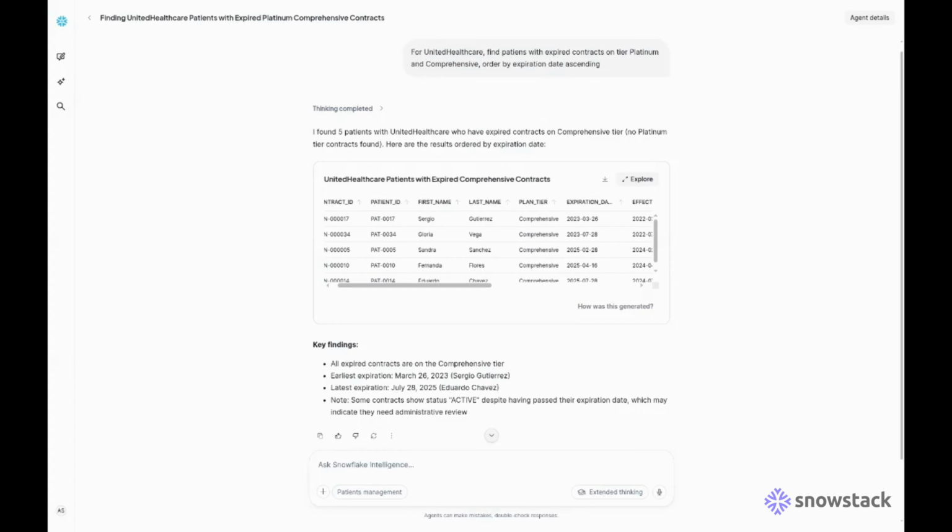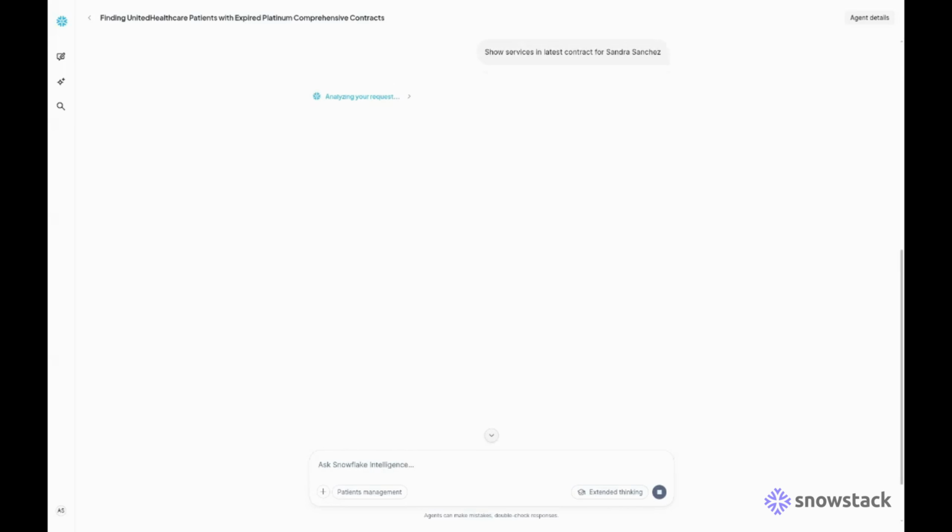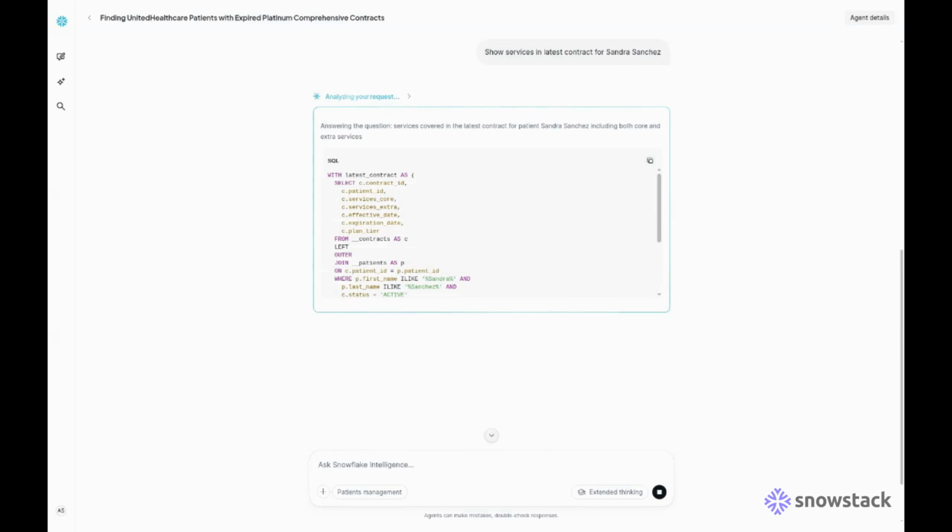Now the conversation gets more granular. Rather than starting a new search, the user simply follows up within the same session. Show the services in the latest contract for Sandra Sanchez, one of the patients in the results. The agent understands the context. It already knows who Sandra Sanchez is from the previous query, and immediately builds a new SQL query to retrieve